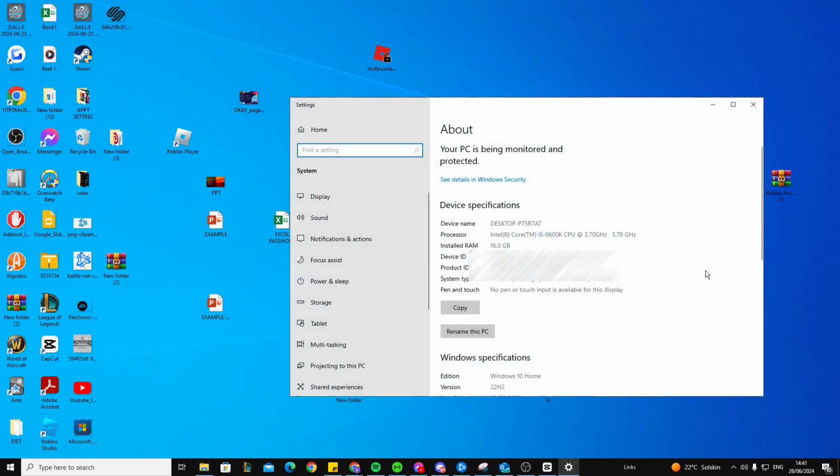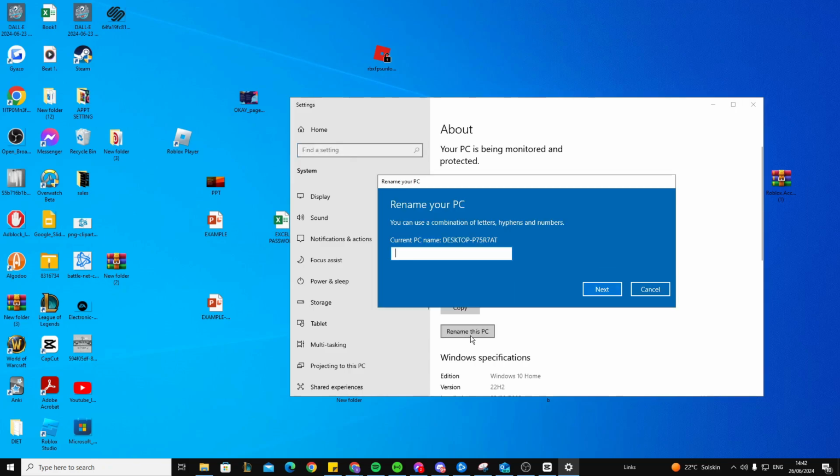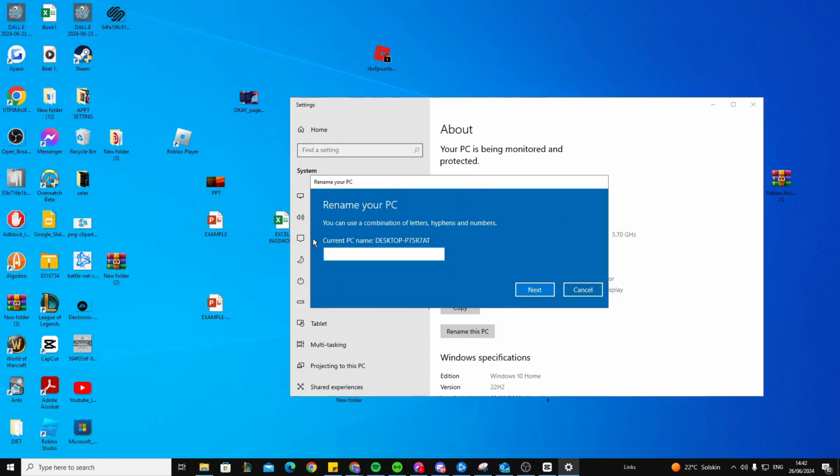Now from in here, you'll be able to see your device specifications. And what you want to do is simply press on Rename this PC. Now when I click on this, it'll open up this box that you can see your current PC name, desktop,